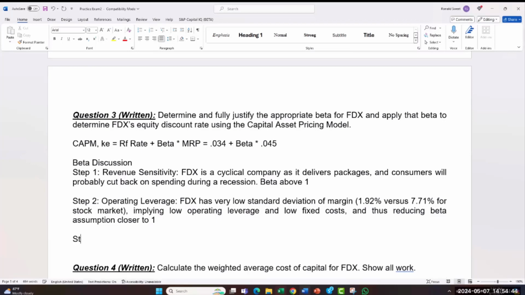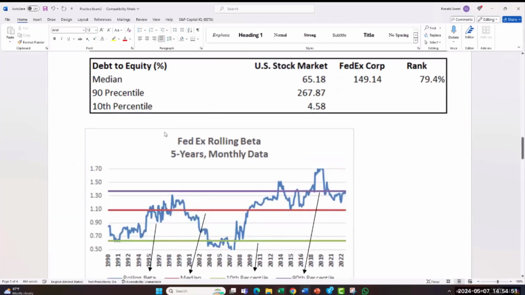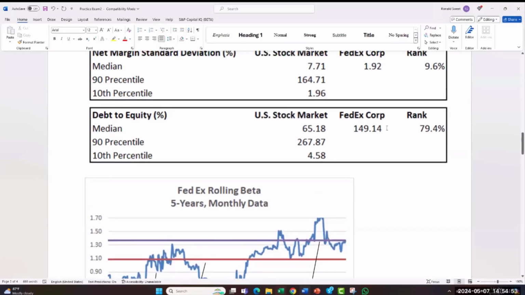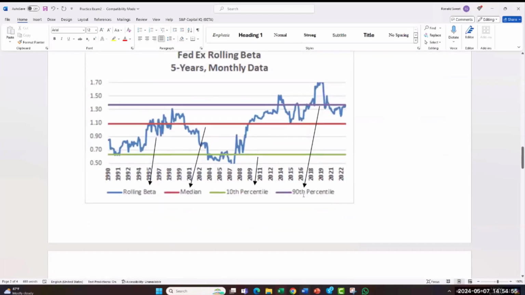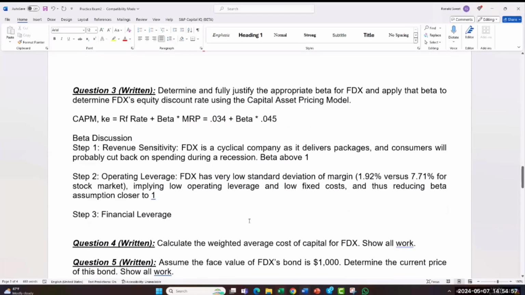Step 3, the easiest one of all, is financial leverage. There you just look at the chart and just say, okay, their debt to equity is much higher. I'm not going to put the numbers in here, but FDX debt to equity is much higher than the average stock, increasing its beta